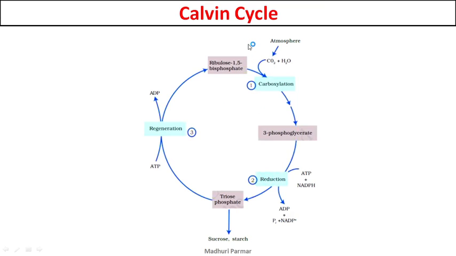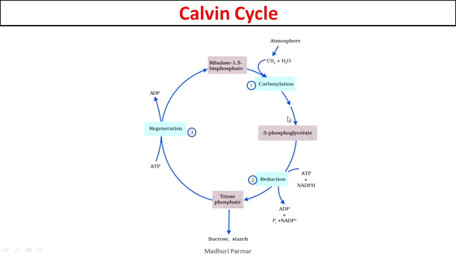Just a quick overview, a quick summary. We start with ribulose 1,5-bisphosphate, which is the first carbon acceptor molecule. It is a 5-carbon molecule. It will accept one carbon dioxide, and this carbon dioxide will be added to it. The step is called carboxylation, and the enzyme is called Rubisco, ribulose bisphosphate carboxylase oxygenase. After carboxylation occurs, it forms the first stable product of your Calvin cycle, which is nothing but 3-phosphoglyceric